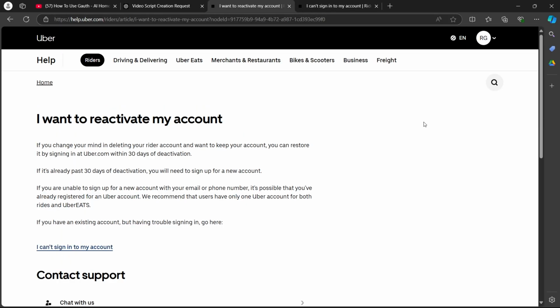in to my account. So the conclusion here is, in order to reactivate your account, you'll have to just go to uber.com and log in using your user credentials for the account that you want to reactivate, and you'll have successfully reactivated your account. But this action should be done within 30 days of deactivation. If you try to log into your account after 30 days of deactivation, you won't be able to do that. So make sure you log into your account under 30 days of deactivation to